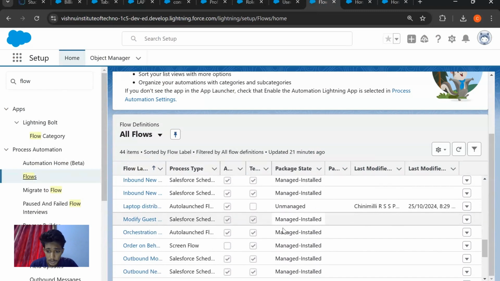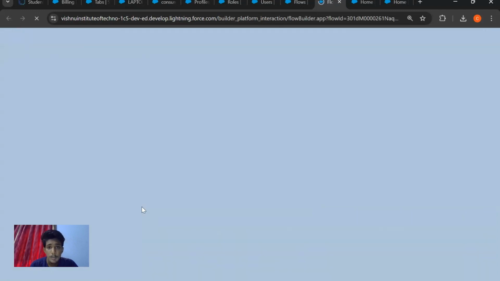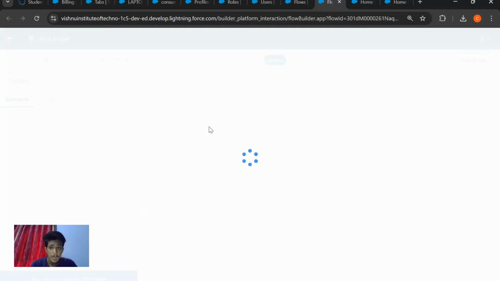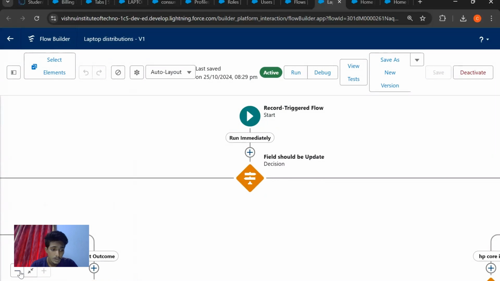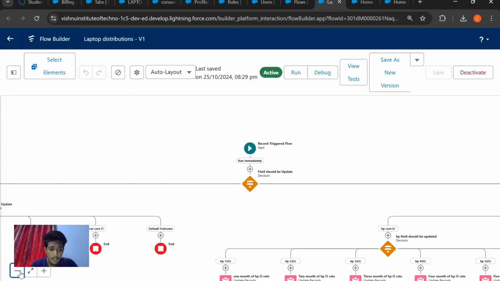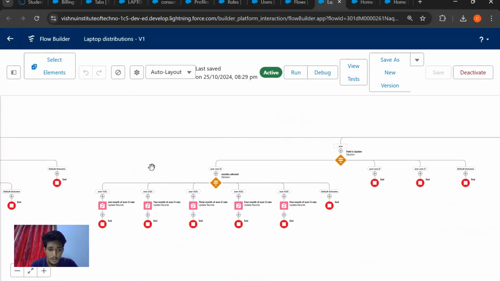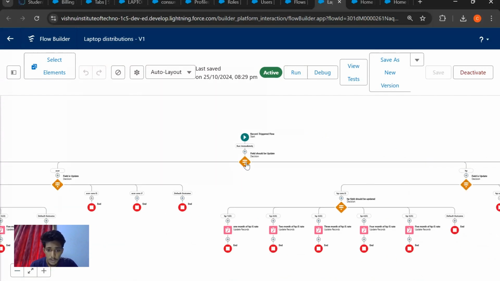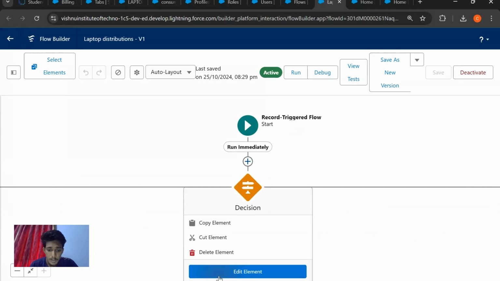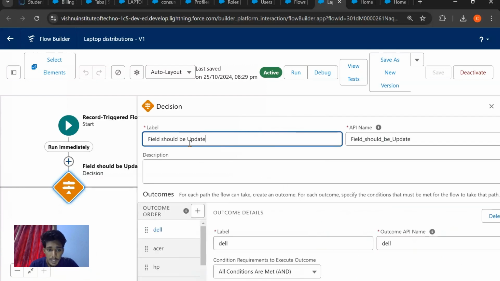After clicking on flows, here I have created my flows. Let me show my flow structure. This is the flow structure that I have created, as I mentioned. First I used the decision element and clicked on edit element. I gave the field label as field should be updated. And I created different laptops such as Dell,